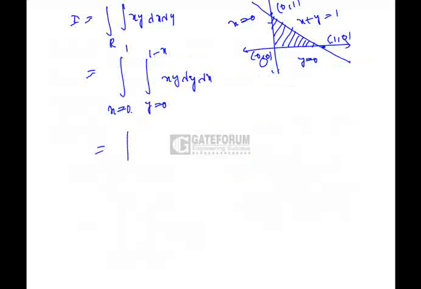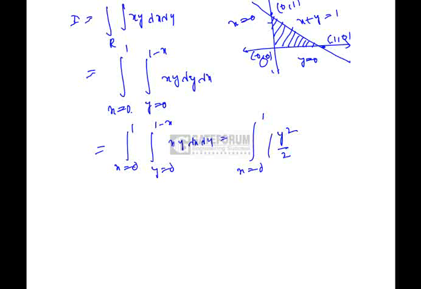dx, which can be written as x equals 0 to 1, y equals 0 to 1 minus x, xy dx dy. If I integrate, it will be x equals 0 to 1. If I integrate y, it is y square by 2 between the limits. So this is nothing but the integral x equals 0 to 1 of x by 2. I'll take this half out of the integral, half into x into (1 minus x) whole square dx, which can